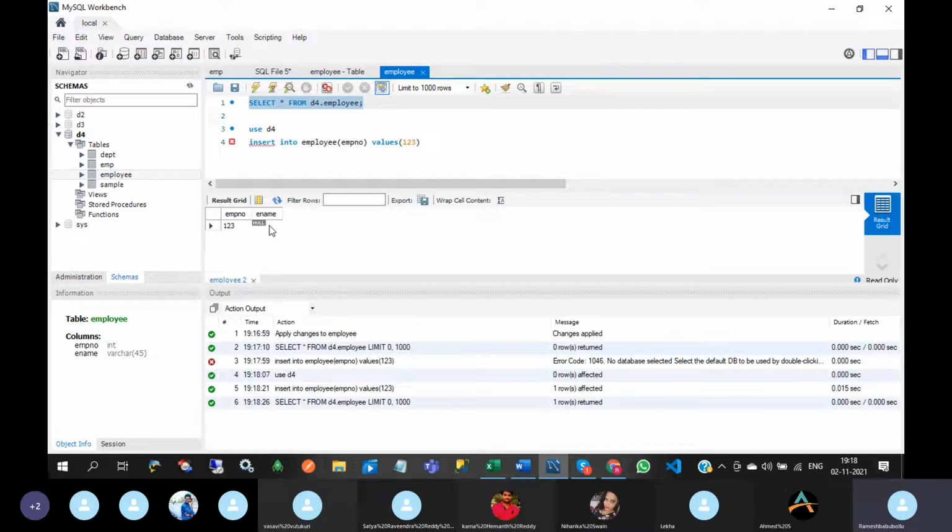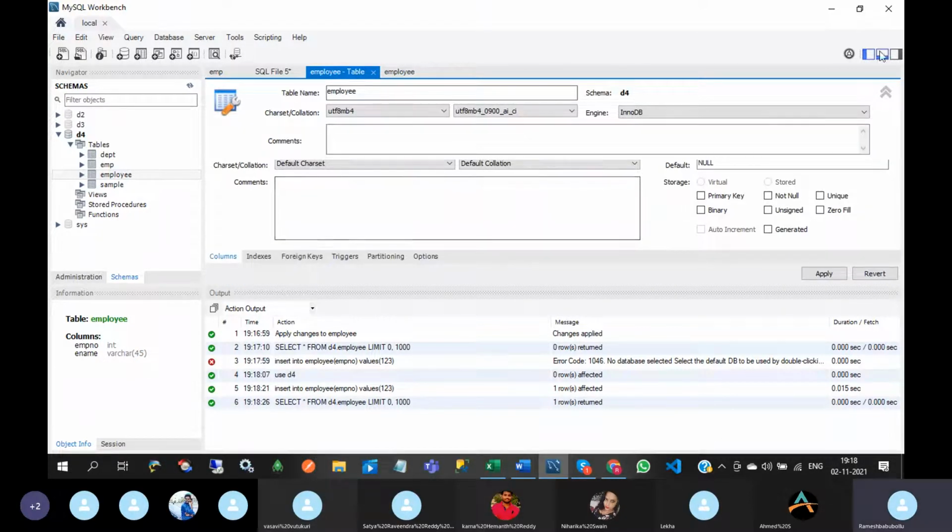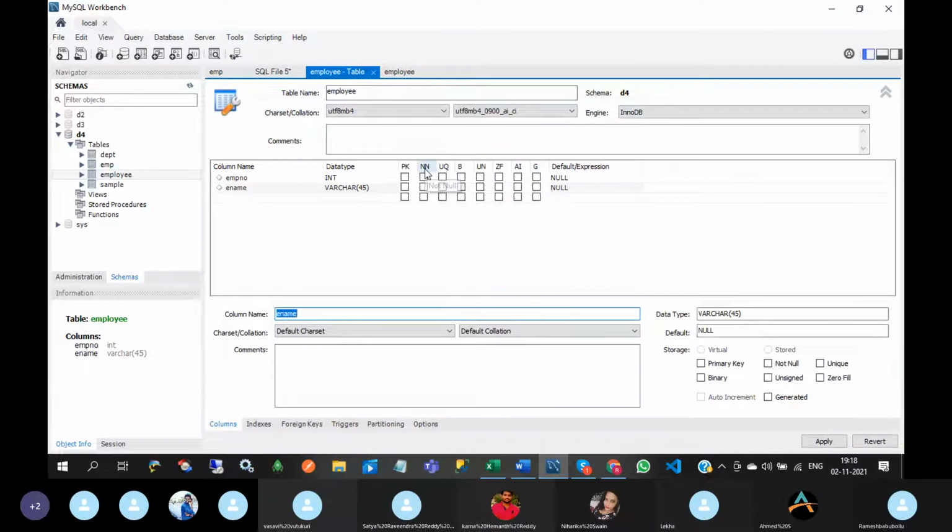See this, null will be inserted into the ename column. But I can also give the condition that this employee name should not contain any null. So how can I give that condition? See this, NN, that means not null.